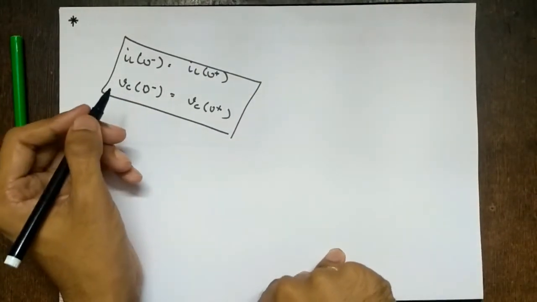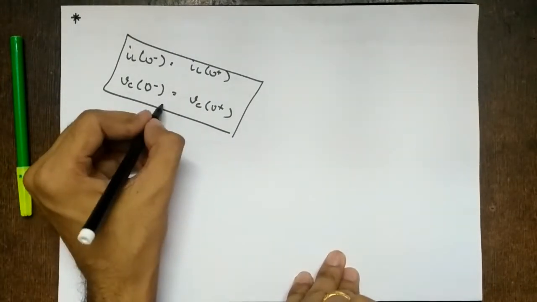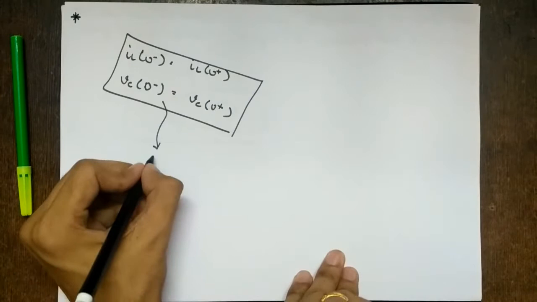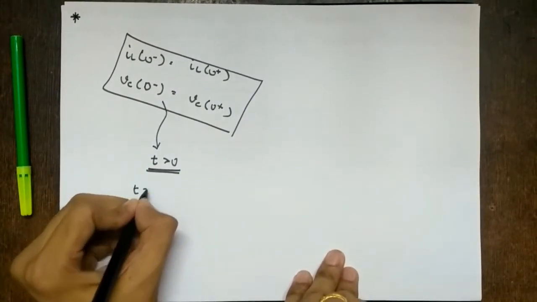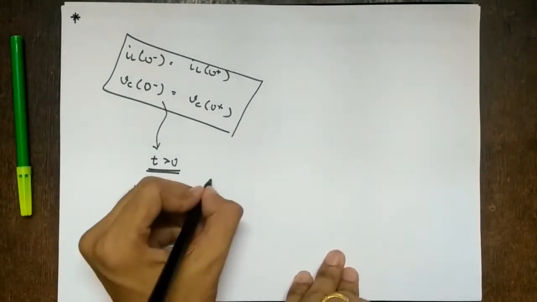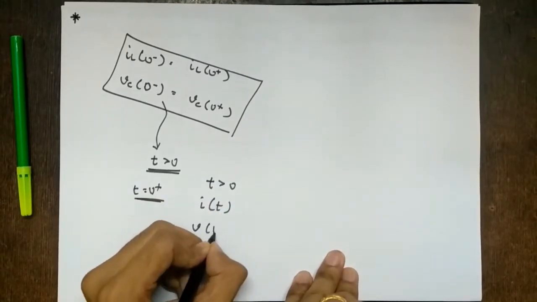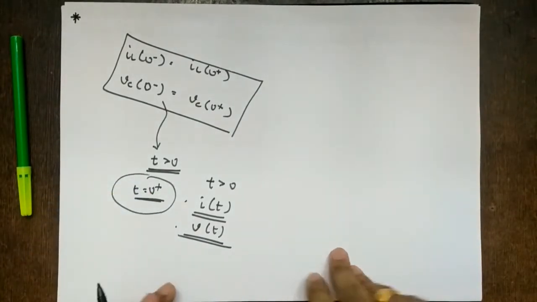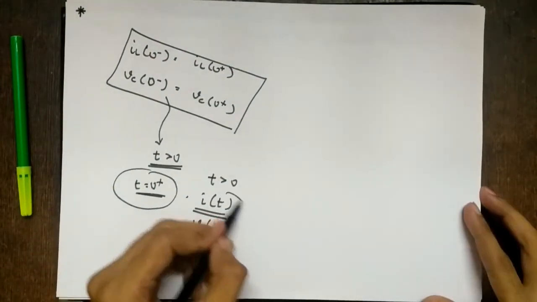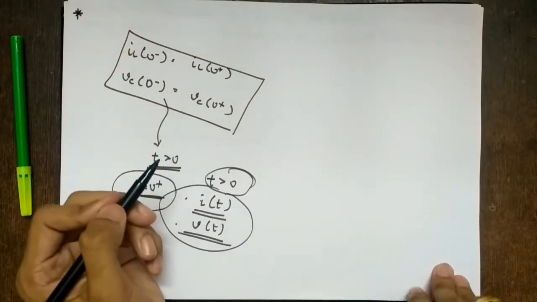So this is what we learned yesterday. So let's move further. Next we consider the same numericals, but we go one step further. We try to find the answers for t greater than 0. What we did yesterday was only find the values at t equal to 0 plus, right? We didn't find for t greater than 0, meaning the usual current I of t and voltage V of t. The equations for the current and voltage we didn't find. We only found the values at t equal to 0 plus, right? In this and the further lectures we'll see how to calculate I of t and V of t, right? So, the equation for steady state, we can say.